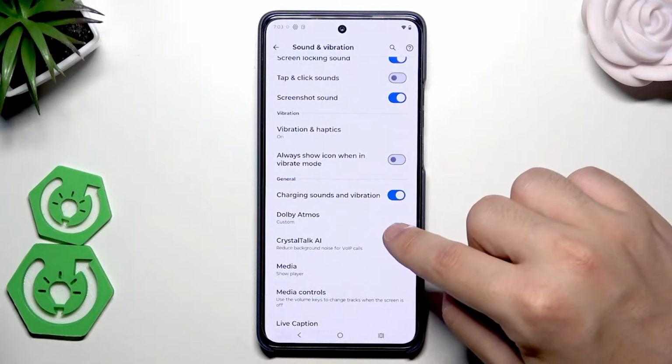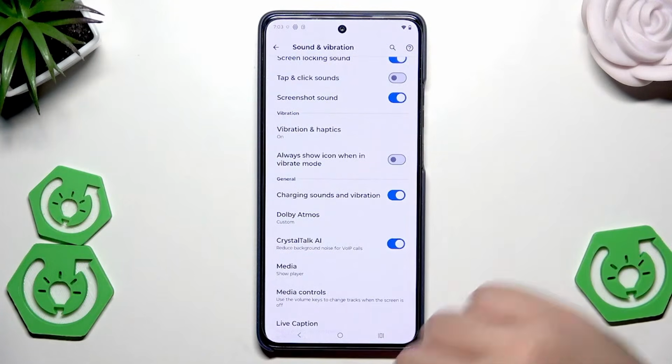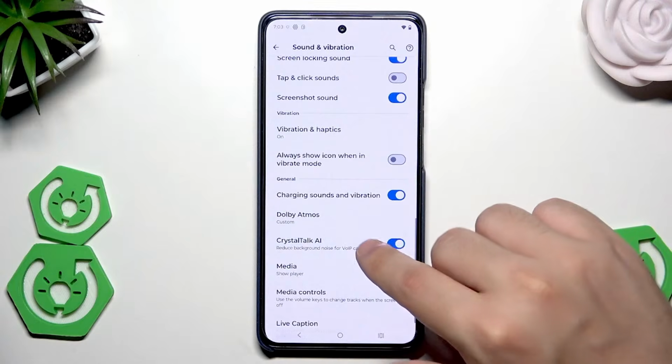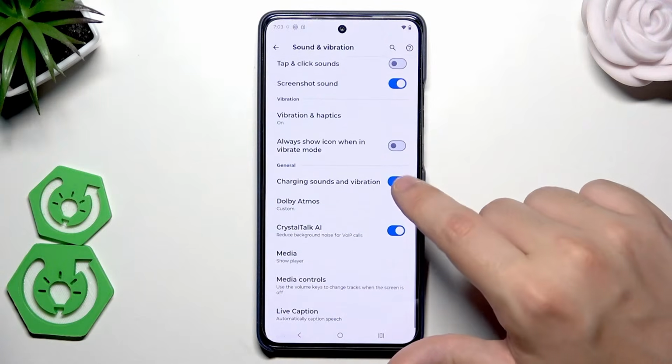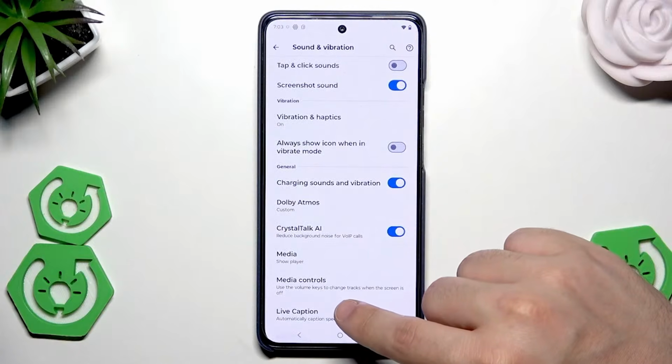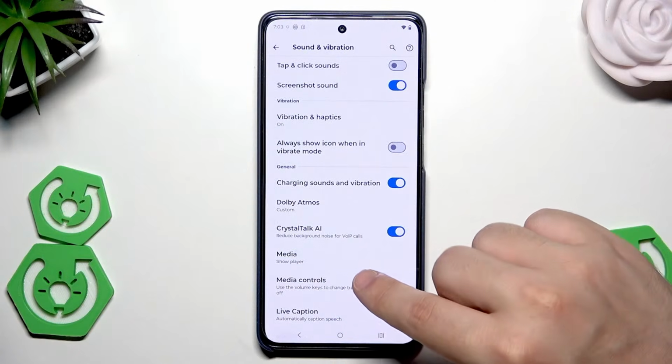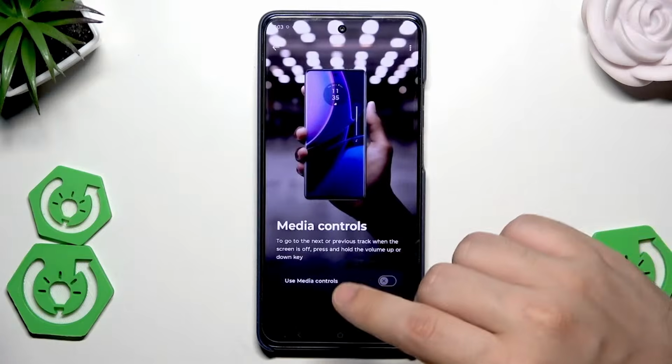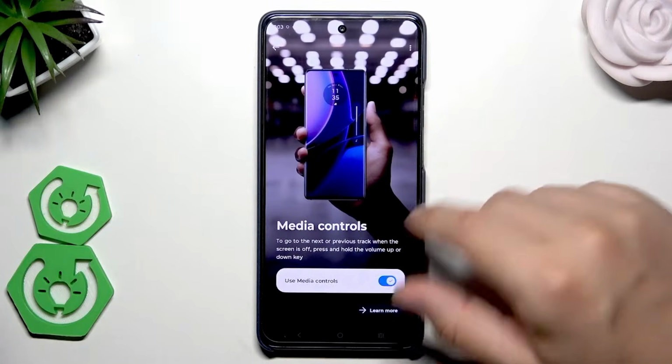We also have the Crystal Talk AI. It reduces background noise for VoIP calls. It's also pretty cool, we can enable it. And the last thing is the live caption. Actually, before it's the media controls. Thanks to that, when we turn it on,